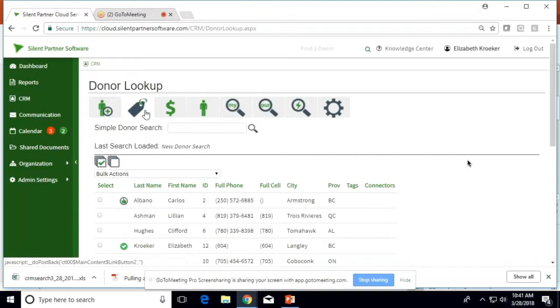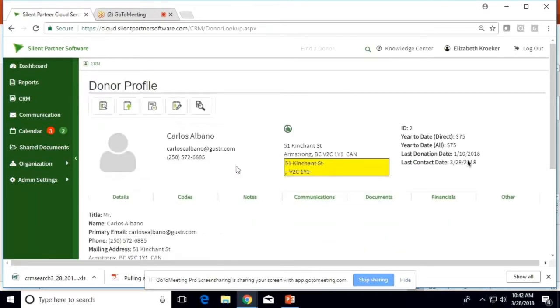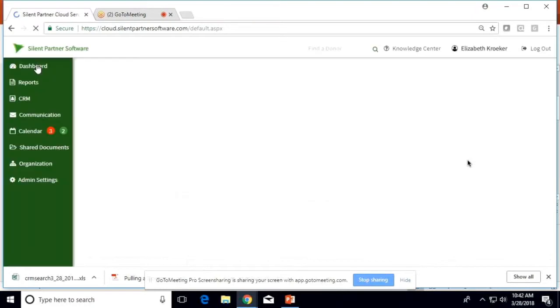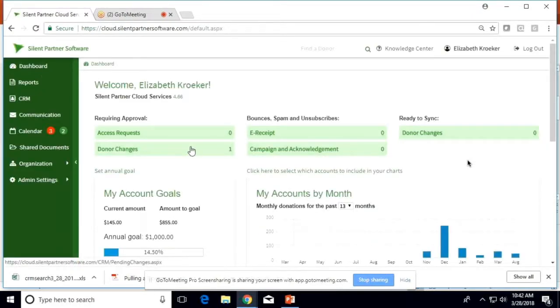Contact info updates. If selecting sync to desktop, does that finalize and sync the info across the system, or only send it to the desktop for my administrator to then sync manually? Right here with this icon, this means the administrator will have to approve it. Just as you see on the dashboard, it says donor changes. The administrator is then able to go in and make sure the change looks fine and approve it. Then it will go to ready to sync, and it will be synced to the desktop